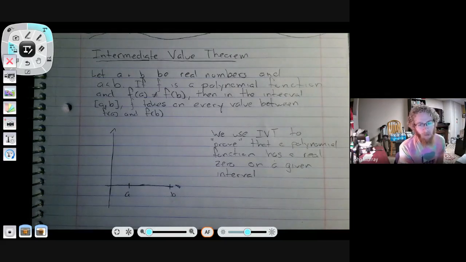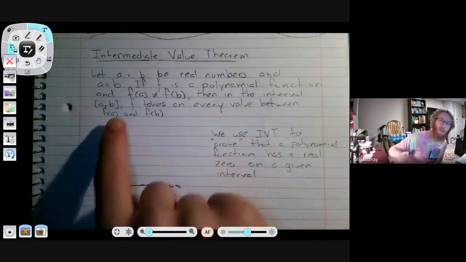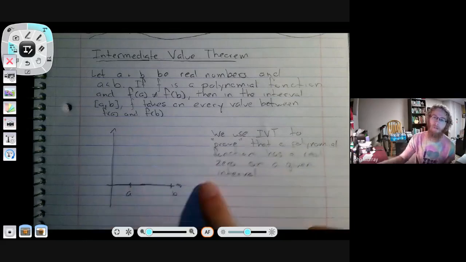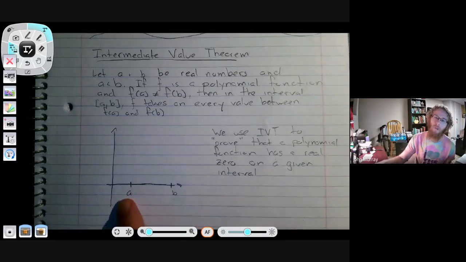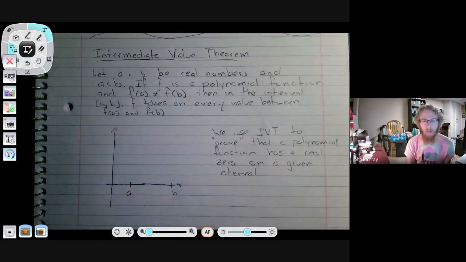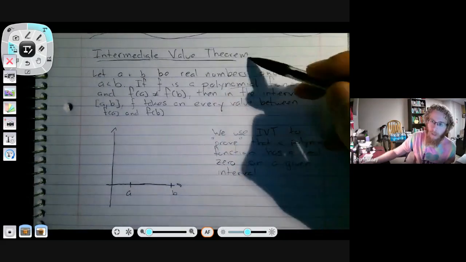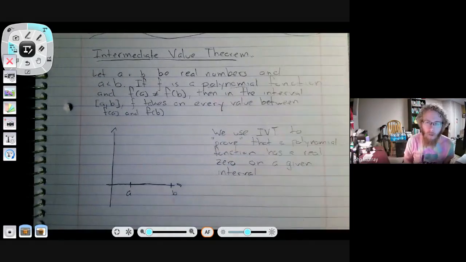Confirmation of things, okay? So the formal definition of the Intermediate Value Theorem is we have two values, a and b. They are real numbers, and a is less than b. Okay, so here I marked it out. A is over here on the left, b is over there on the right. If f is some polynomial function, okay, so right now, again, we're just talking about polynomials, and this only applies to polynomial functions